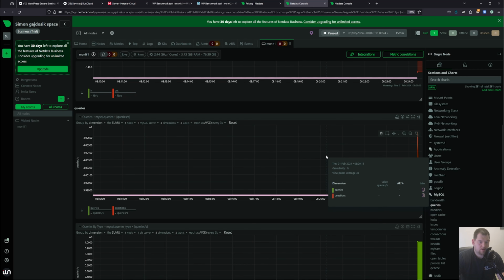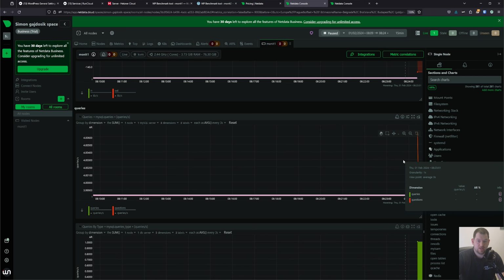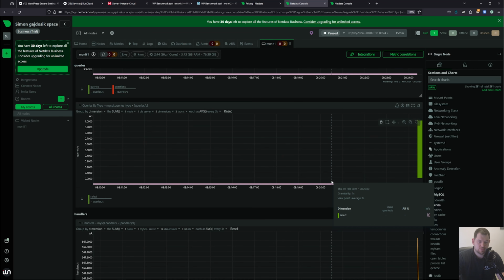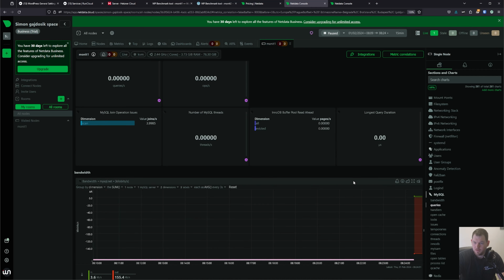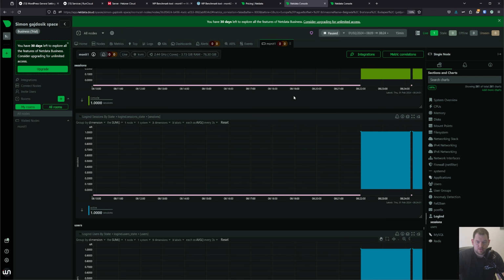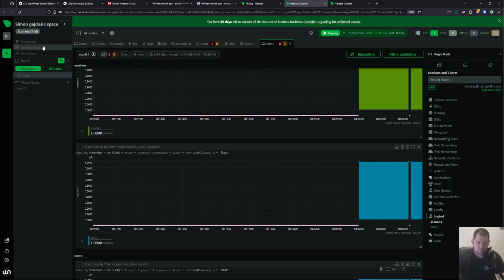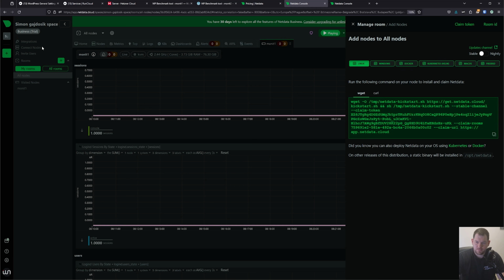And you can monitor the queries, how much the database is using, and those kind of good things that you want to see. Okay, so next we're gonna add our second node. So to add a node, you click Connect Nodes,